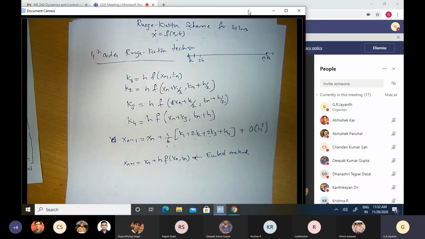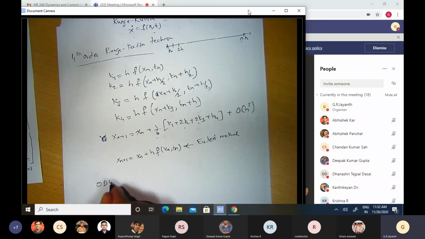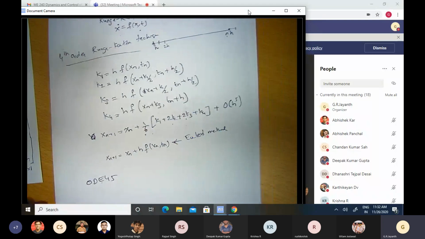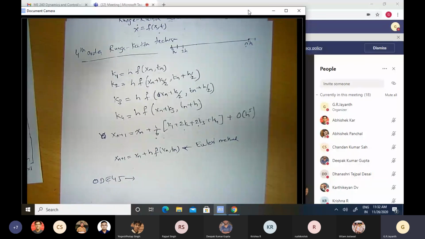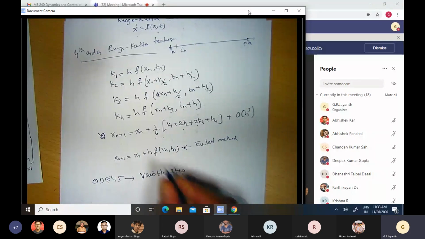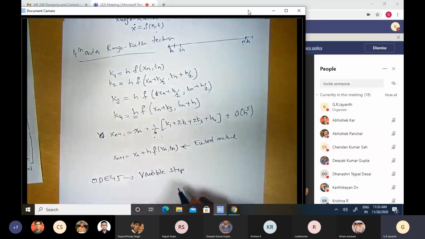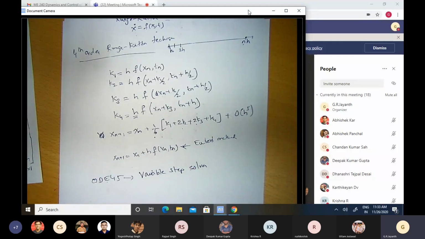What does MATLAB use? So MATLAB uses something called ODE 45, which is the common solver used to solve the kind of differential equations that we are talking about. So ODE 45 is what is known as a variable step solver. So that h here, the time step that we take, that increment step, can be adaptively changed, depending on the way the solution is progressing. Variable step solver. So how does this solve the problem? It's a very simple procedure. I will quickly tell you how it does.